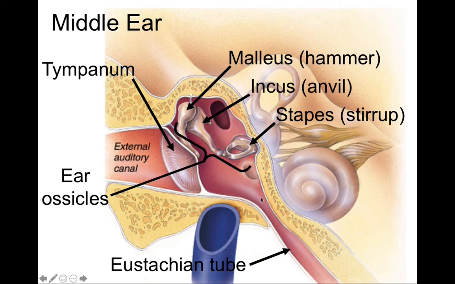The eustachian tube is in fact a tiny tube that connects the middle ear cavity to the back of the pharynx. And for those of you that aren't aware, the pharynx is the back of the throat. So in fact, this eustachian tube is connecting the middle ear cavity to the throat. And the necessity of the eustachian tube is to help the equilibration of pressure between the middle ear cavity and